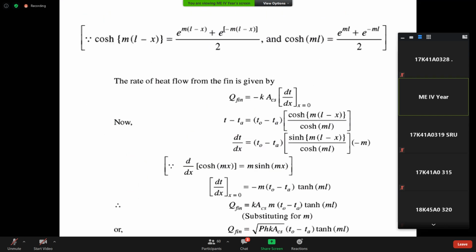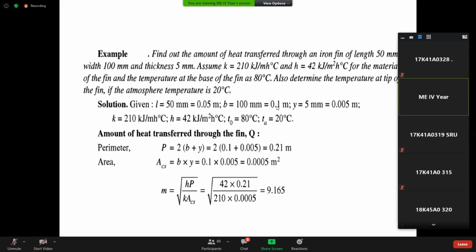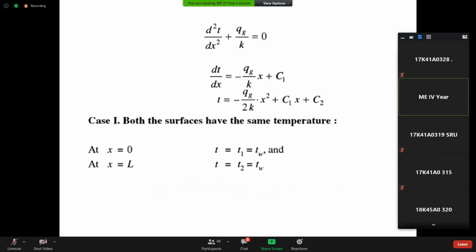This is the case. See, this Q fin is equal to this. You use this equation, you'll get the fin. Or something like that, whatever he has used is also correct, just simplification. Right? So with this problem, I'll end up with these fins. These are the simple and most model problems.